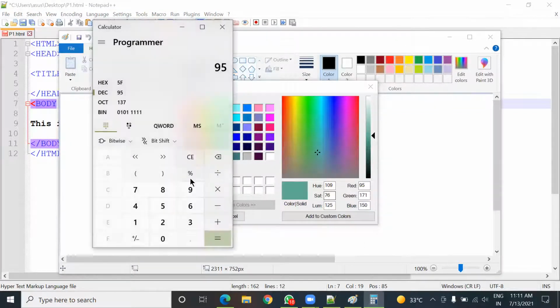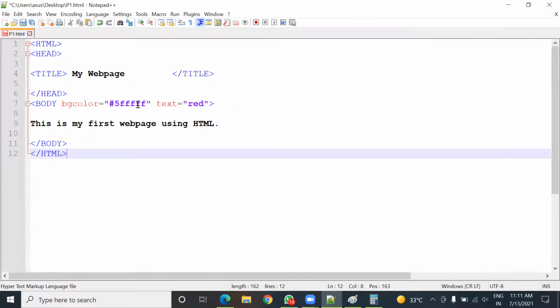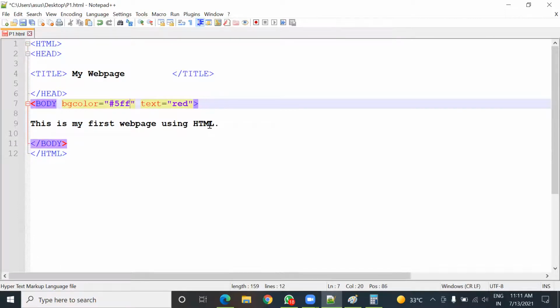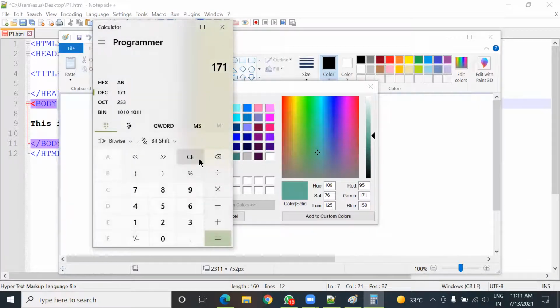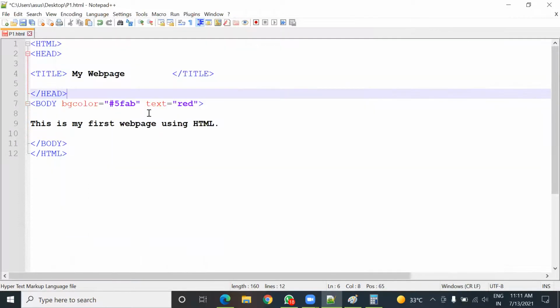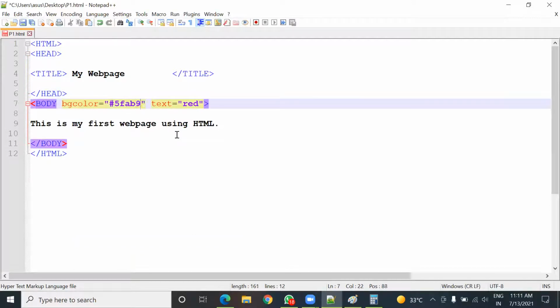Green is 171. So let us make it 171. So here in the hexadecimal, it is AB. So make it AB. Now the last one, blue. So blue is 150. Then give here 150, and in the hexadecimal it is 96. So type here 96. Now I'm going to save this